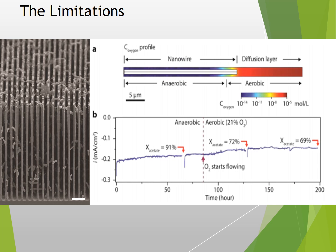Although currently the system has its limitations, the system can only run properly for roughly 80 hours until the sparging gas of oxygen builds up and produces an aerobic environment that is actually toxic to the bacteria Sporomusa ovata. Several methods of improvement, such as implementing facultative anaerobic bacteria, are being proposed, and the future for this technology is